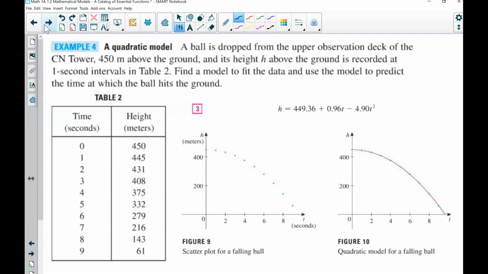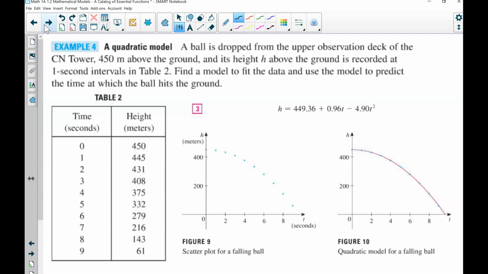We want to find a model to fit the data and use the model to predict the time at which the ball hits the ground. So in table 2, you have your time in seconds, and then you have your height, which is in meters. Okay, so what we do is we can draw a scatter plot, which is in figure 9, and observe that